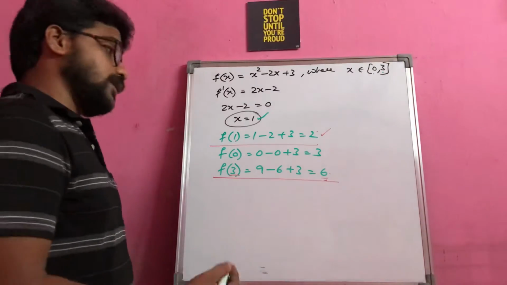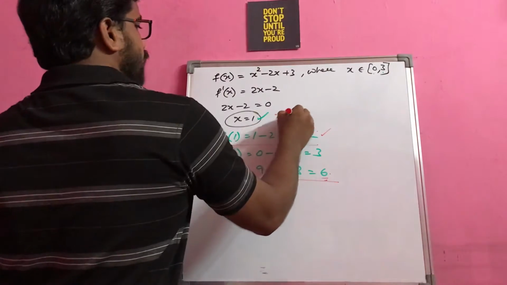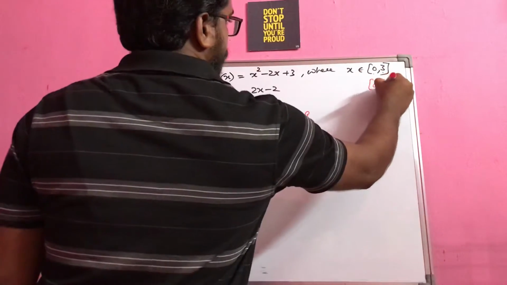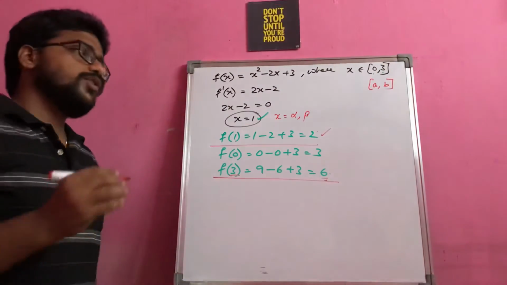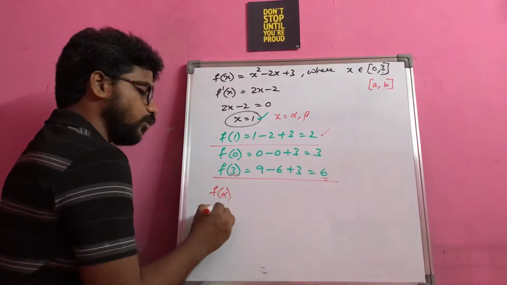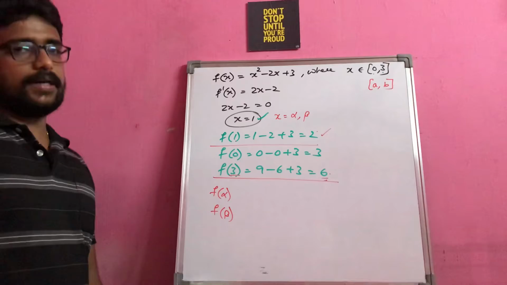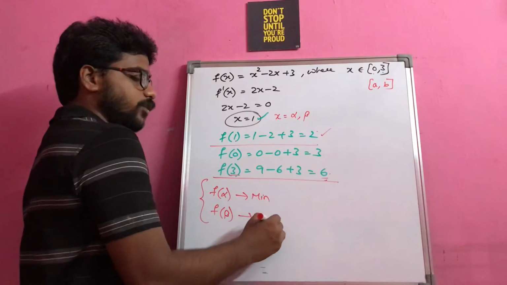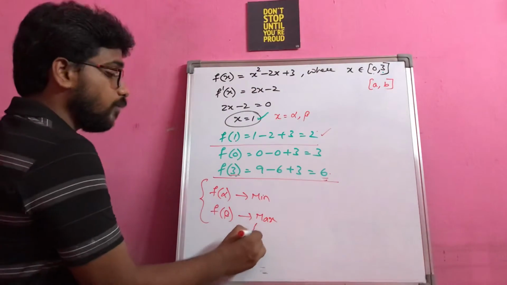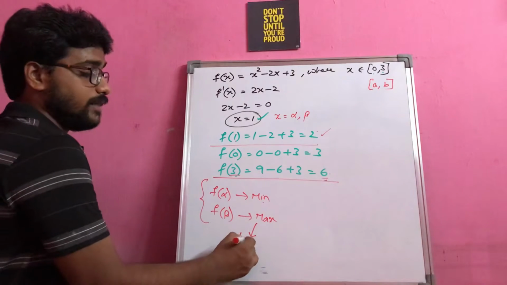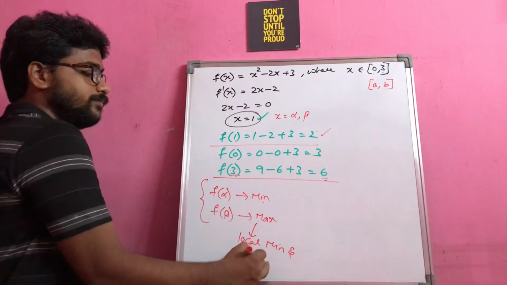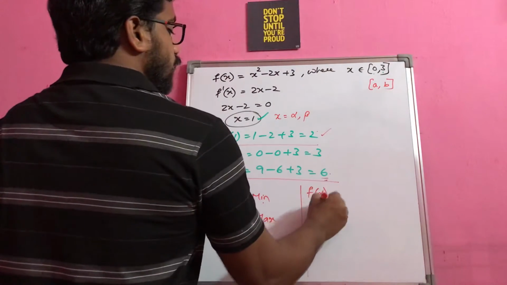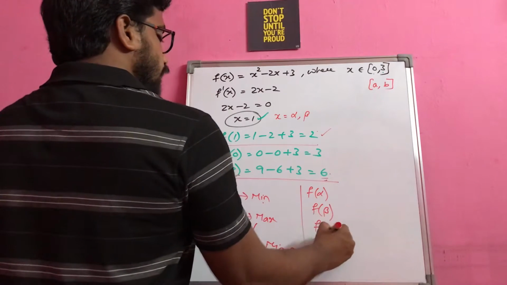Now for example, let us say instead of 1 I get 2 roots, alpha comma beta, and let us say the domain is given as a comma b. If you are finding the function values only at alpha and beta, and you are concluding that somewhere here it is the minimum and somewhere here it is the maximum, whatever the value may be, this type of minimum and maximum is called local minima and local maxima, right?